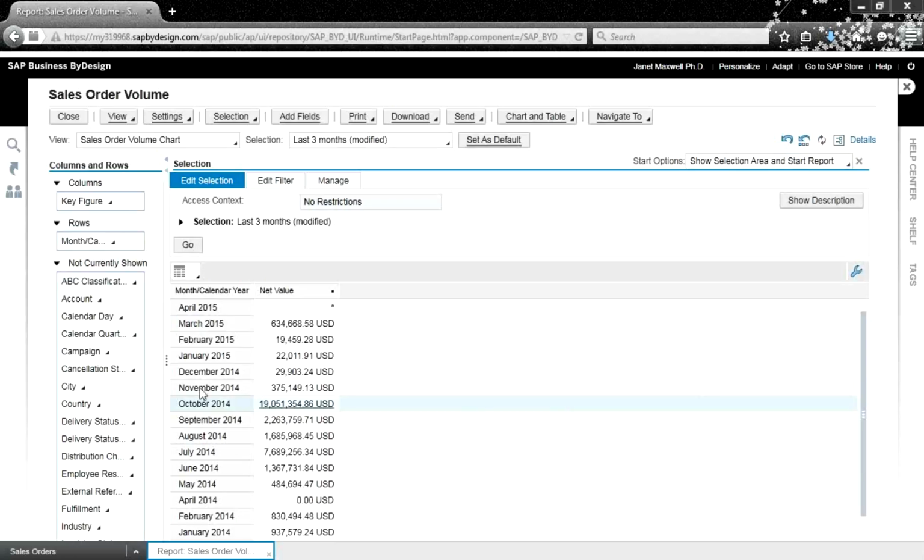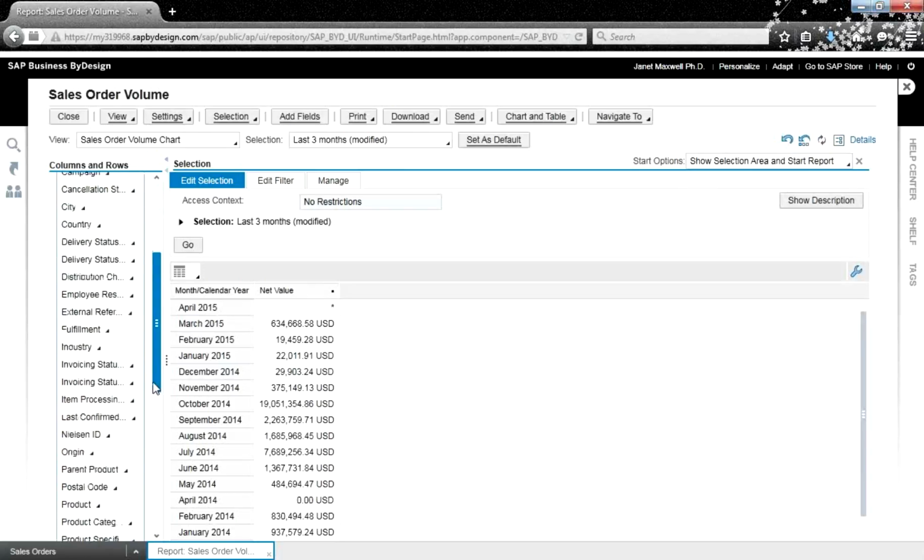There may be times when in the currently not shown column there isn't a relevant field, even though it should be available for you to use. Obviously, some fields don't have any relationship to the data source where it's coming from, such as purchasing information probably has nothing to do with sales order volume. So you can imagine the context of the data in this column is only relevant to sales in this example. However,